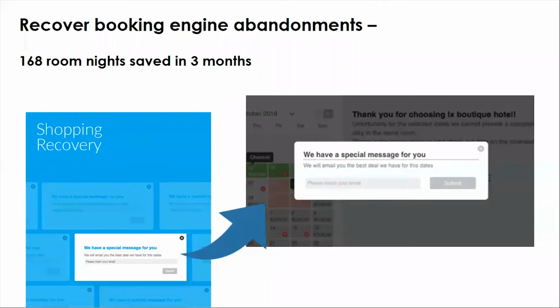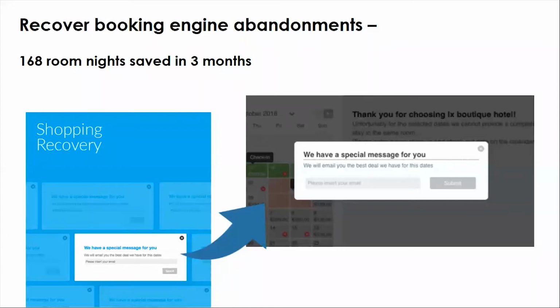I think this is one of my favorite features because it's dynamic and it works really well, and we call it the shopping recovery technique. If you look at booking patterns, a good hotel maybe has 5% conversion rates, but 95% of people that look at the booking engine leave.